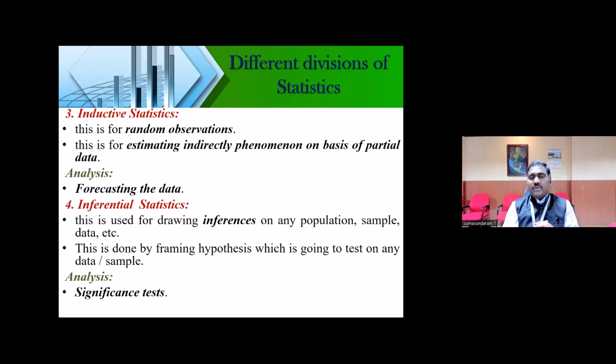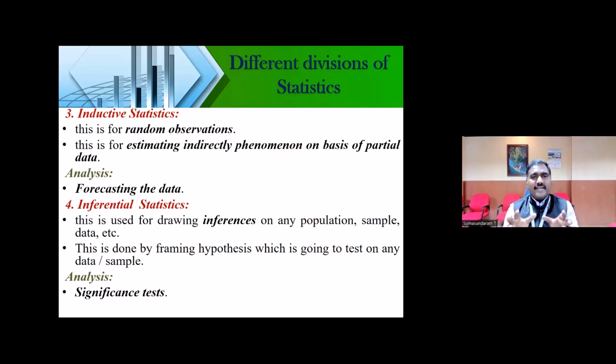By predicting what will happen based on the data that is available, like previous month sales data, previous month production data, they are able to forecast, or come out with a plan: how much is possible in the upcoming days or in the upcoming year. In that case, inductive statistics is very, very important.